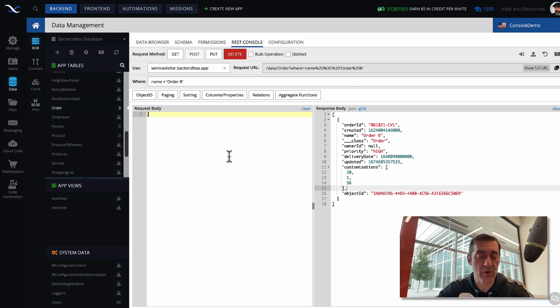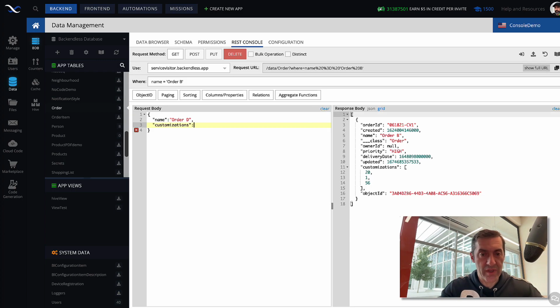Same thing goes for creating data. So here, if we were to create an order, let's create one. It's going to be name, we have order D, for instance. And the customizations field will contain, let's say, an array of some numbers and some strings.